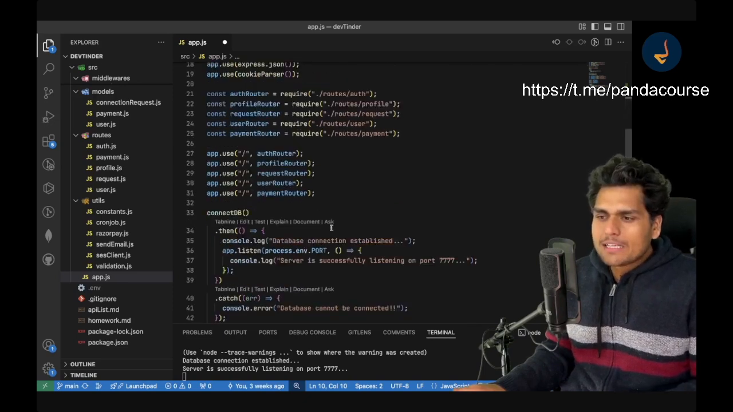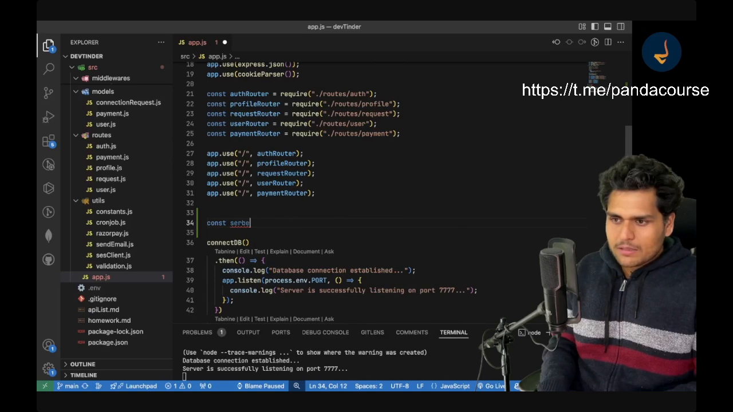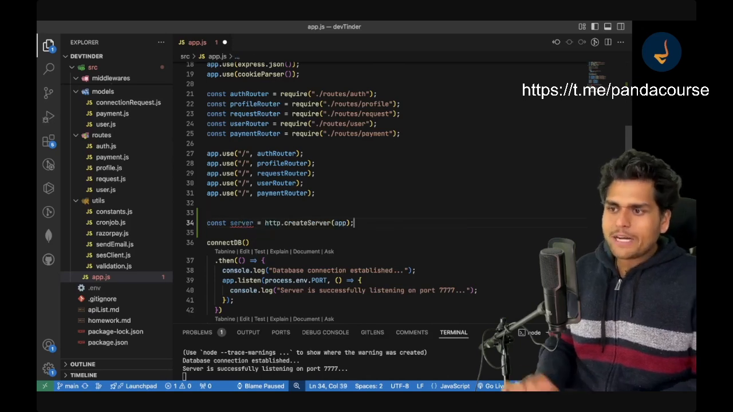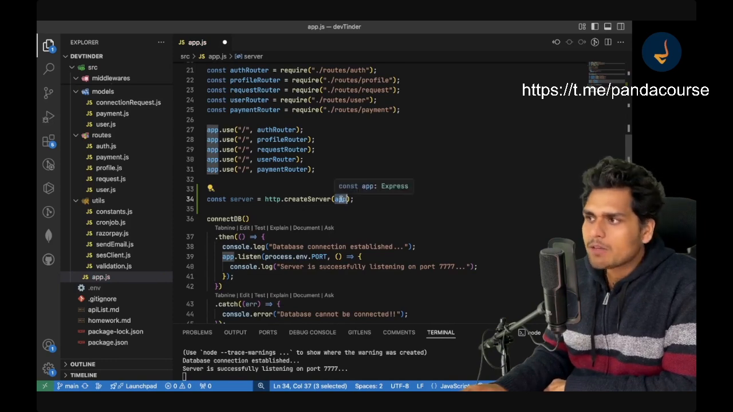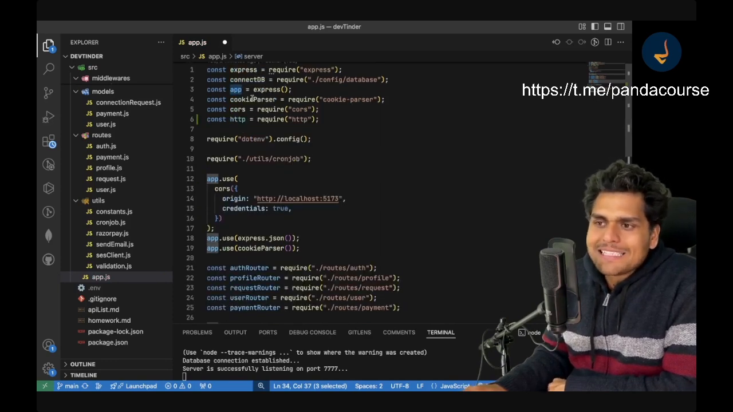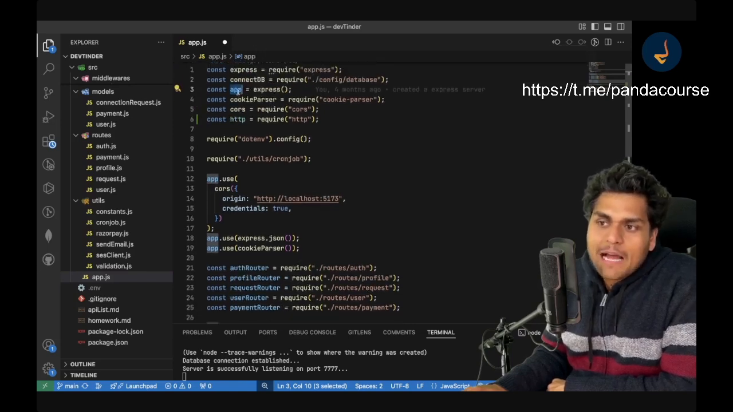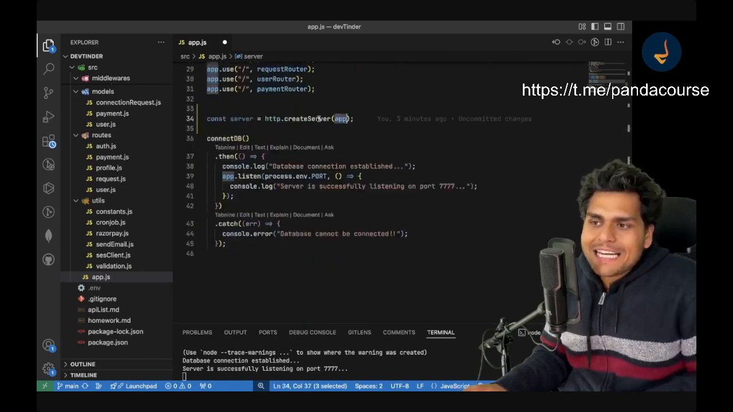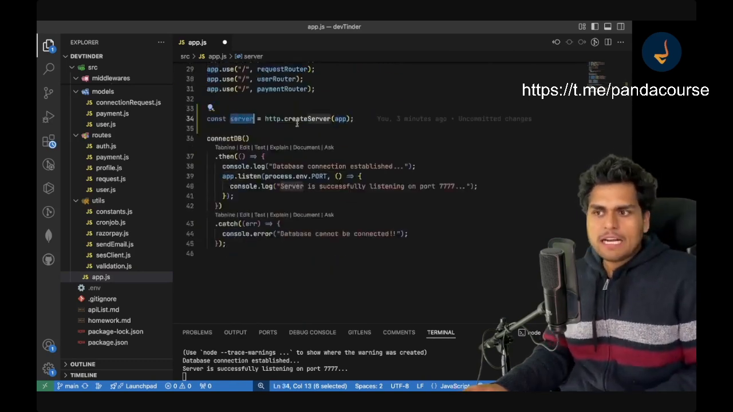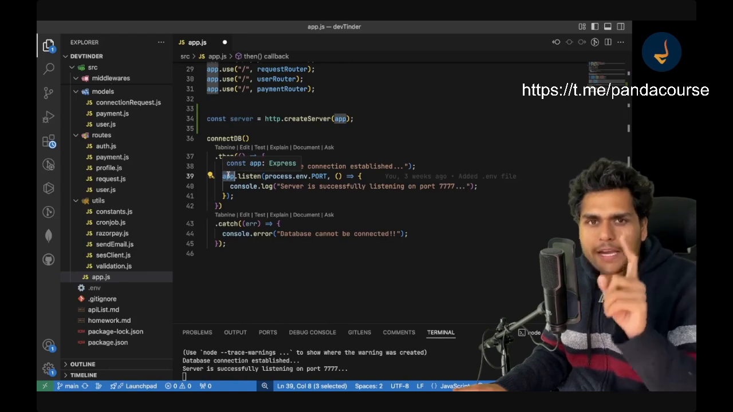So how do you create a server? Let's create a server over here. const server = http.createServer(app). What is this app? This app is the existing Express application. So using this application, I have created a server, and instead of app.listen, this is a very careful step